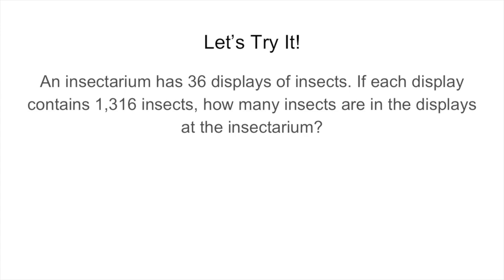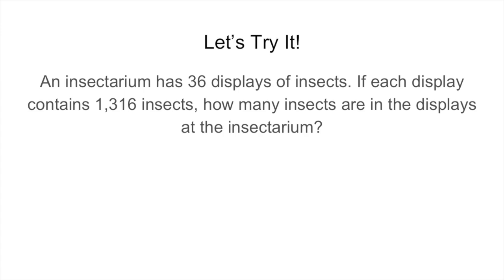All right, so the problem says an insectarium has 36 displays of insects. If each display contains 1,316 insects, how many insects are in the displays at the insectarium? Okay, so I'm going to assume that an insectarium is like an aquarium for insects. And they're telling us that there's 36 displays and each display contains